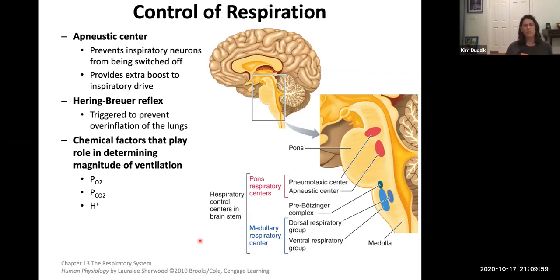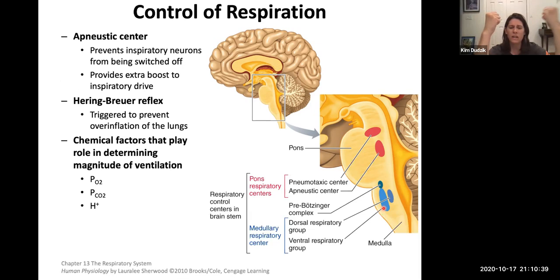We looked at the brain and the function of the brain. We saw we were down in the brain stem here, and we have the respiratory control centers in the brain. So it starts down in the medulla oblongata. Remember, we have the medullary respiratory center there. We actually have areas where, again, it's a cluster of cell bodies of neurons, a dorsal respiratory group and a ventral respiratory group. And these are different cell bodies, groups of cell bodies that control inhalation and exhalation.